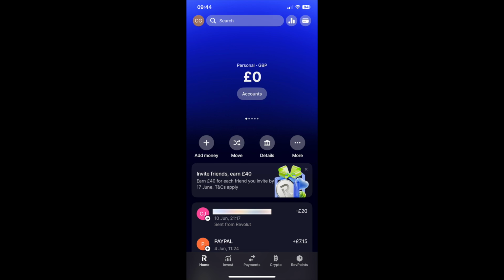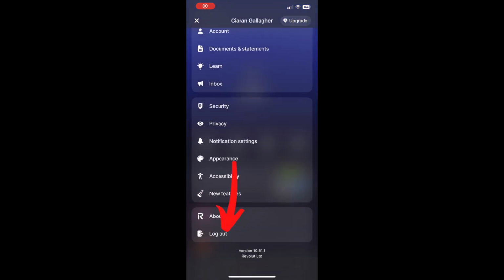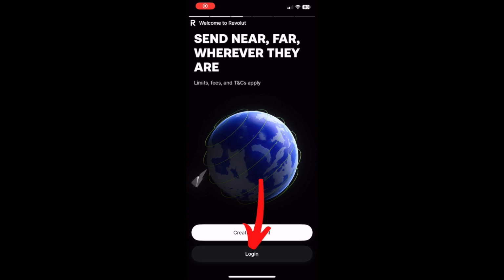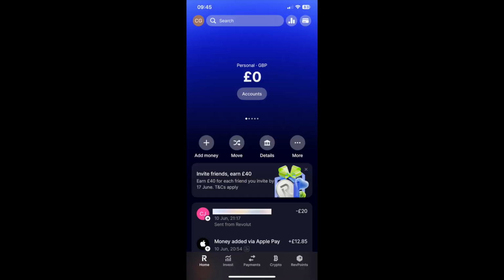But there is one known way to get that back, and what you'd need to do is you'd need to log out of Revolut, and then once you've logged out of Revolut, you just need to log back in. And then once you've logged back in, it should now give you a clean record of all the transactions that